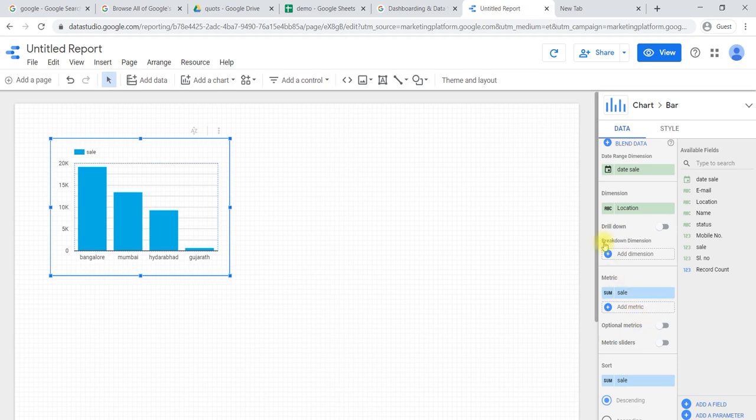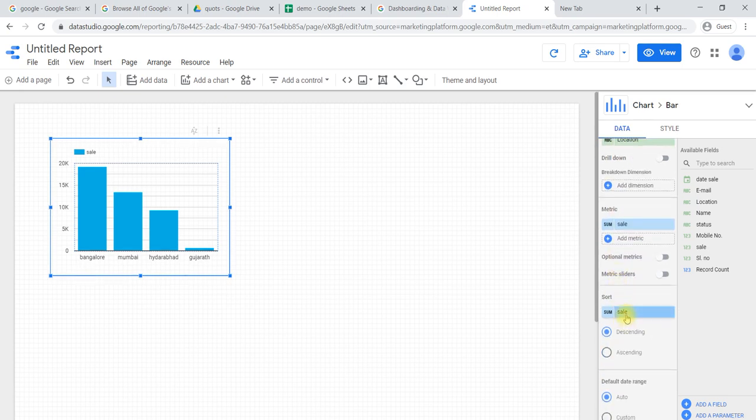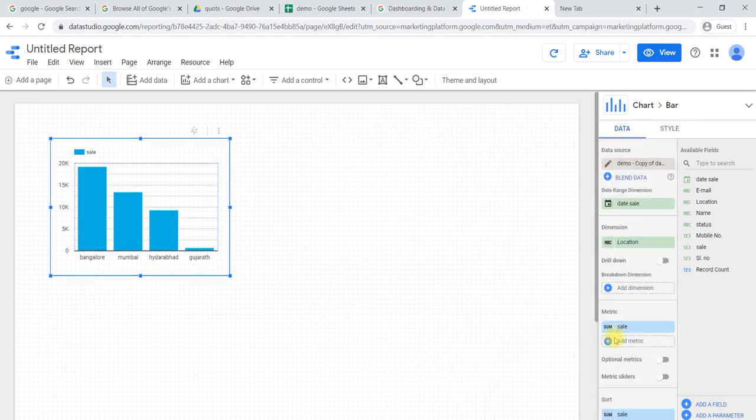Once you have selected a metric and dimension, you can sort sales in ascending or descending order, in the sense highest to lowest or lowest to highest. By sorting the data, you can change how the chart looks. Then it comes to edit styles. To change the color or to add an average line, those things we can do by using the style tab.